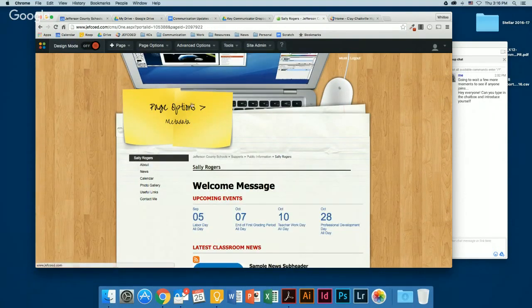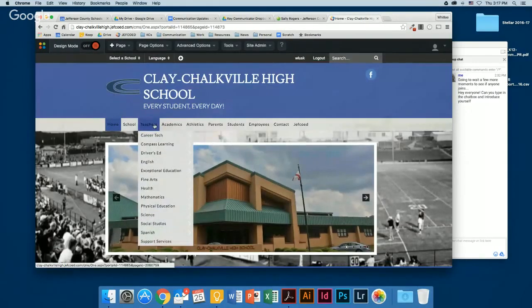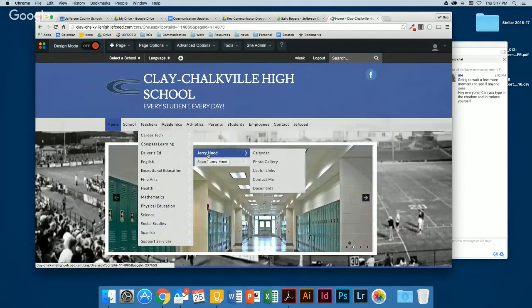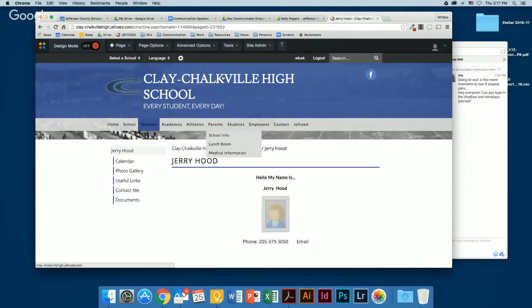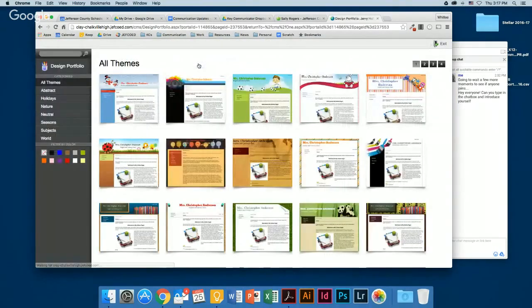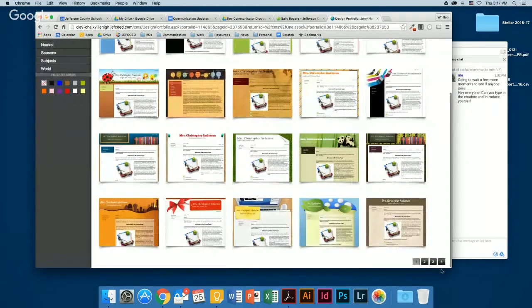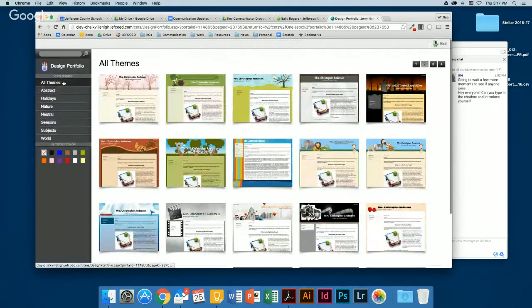So right here, when you change the teacher page theme, in order to do that, you would go to the teacher page and you would go to advanced options and then page theme, and then you can browse this way, all of them, or you can search by category or by color.